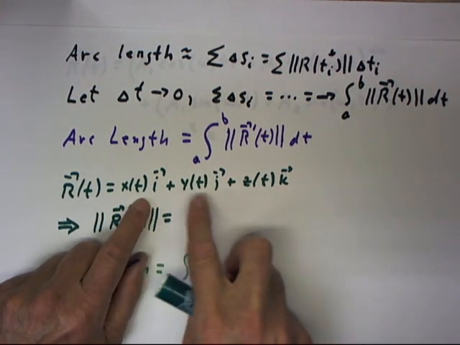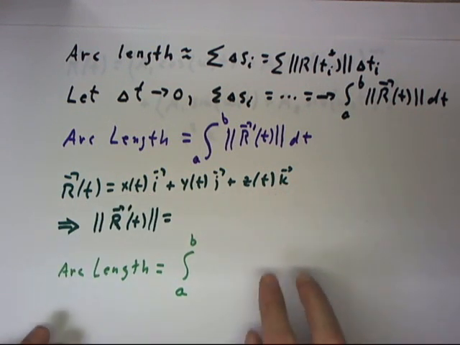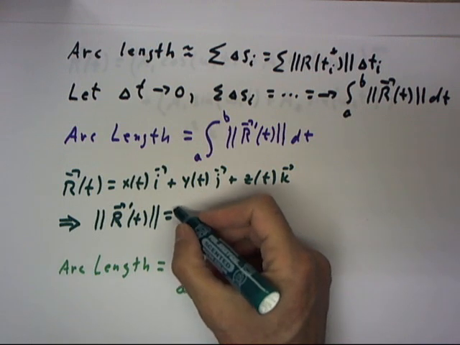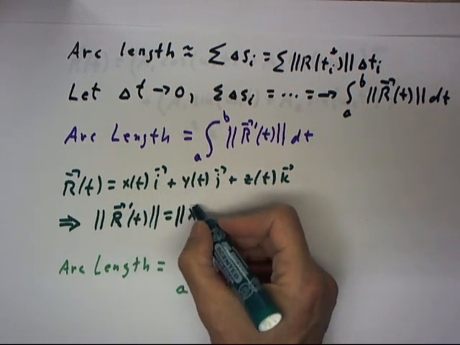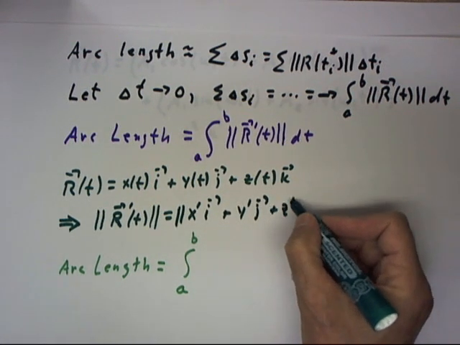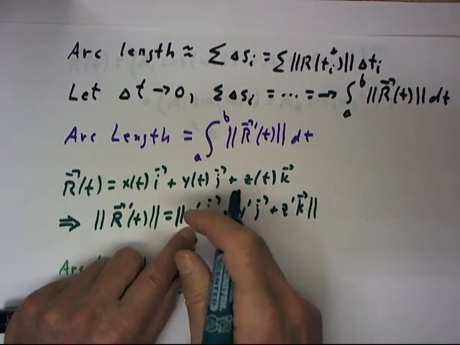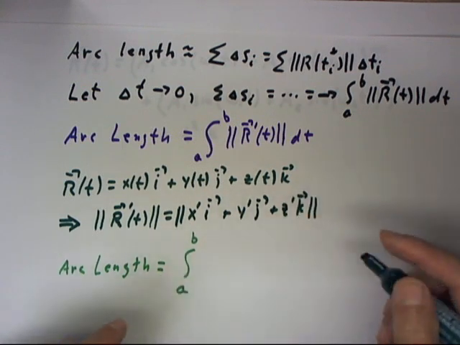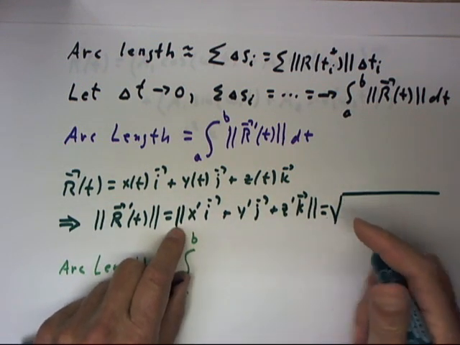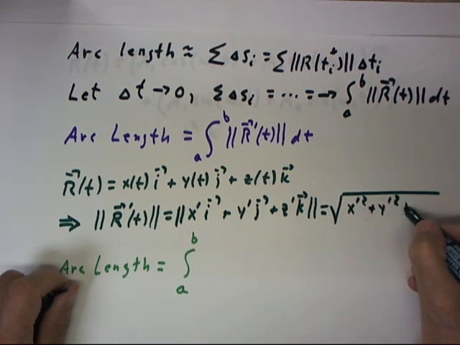If r(t) is a vector function, x(t)i plus y(t)j plus z(t)k, then what's the magnitude of r'(t)? Well, r'(t) is just x'i plus y'j plus z'k, where this x' means x'(t), y'(t), z'(t). And the magnitude of this vector is nothing but the square root of x' squared plus y' squared